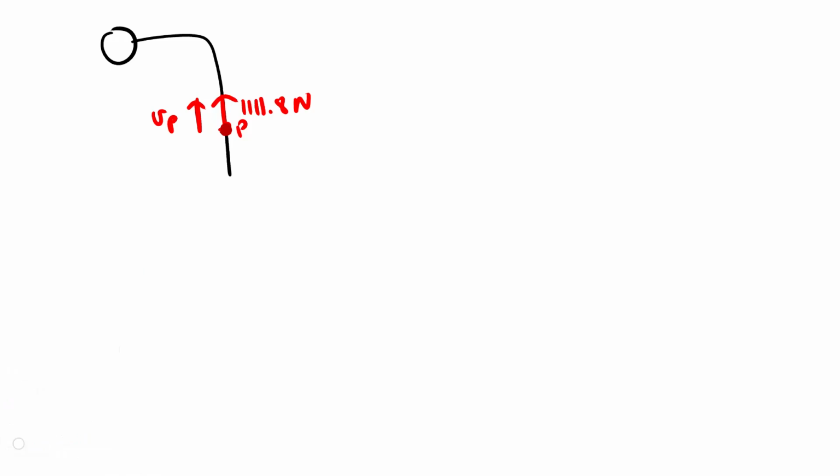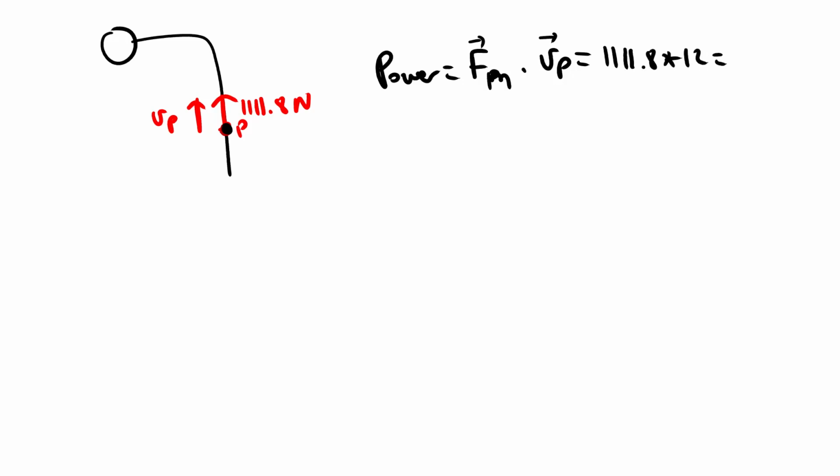The power will be just the force of the motor times the velocity of the point P, and they are in the same direction. I put it this way, positive same direction, so it will be that times 12, and that will be